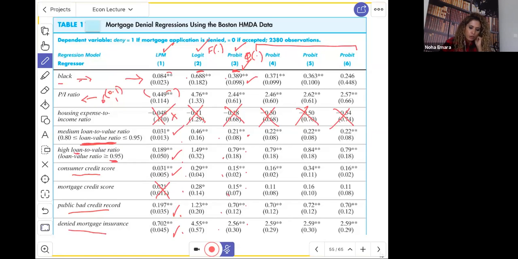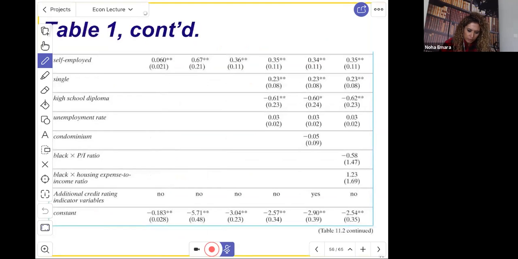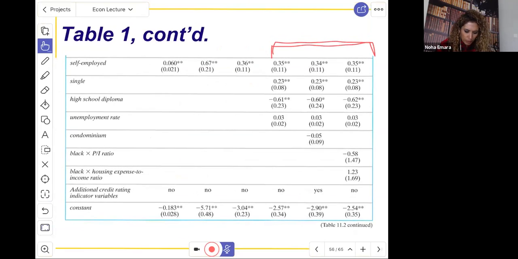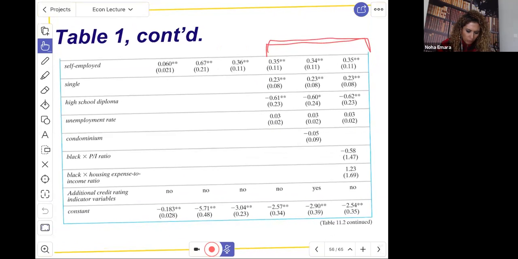Okay, so in columns 4, 5, and 6, the author just focused on one of the methodologies, and of course, it's not the linear probability model. It's either probit or logit, and adding further interaction terms and just trying to have a sensitivity. We call it a sensitivity analysis because you want to see how your model performs if I add multiple other variables. So let's see here in column 4,